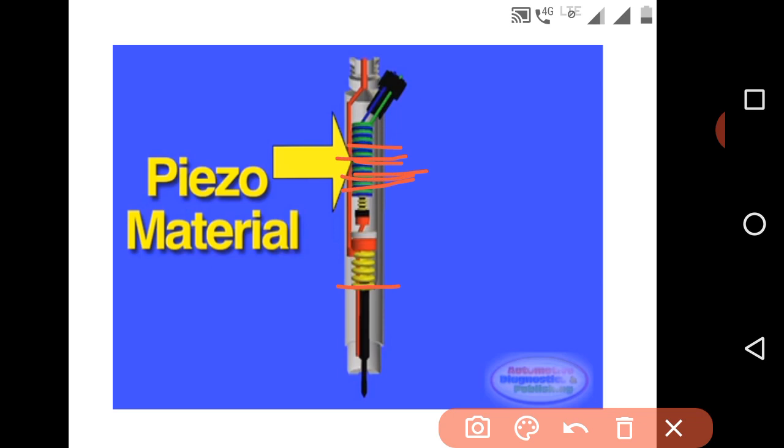We use hundreds of slices of piezoelectric material and create the stack, and we apply 140 volts of electricity to this piezoelectric material. Due to that, each slice will expand, and there will be nearly 0.04 inches of movement, and this movement is quite enough to actuate the fuel nozzle to inject the fuel. Likewise, we are using this piezoelectric technology in piezoelectric injectors.